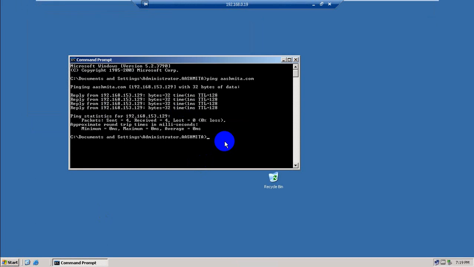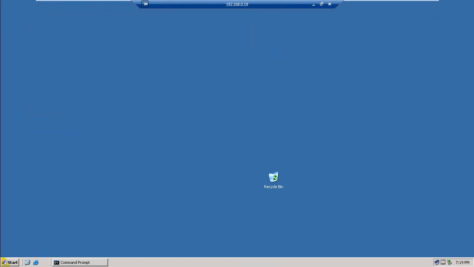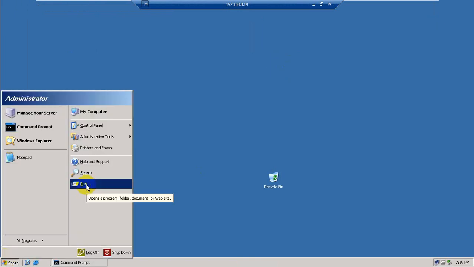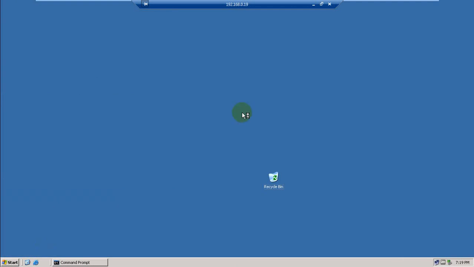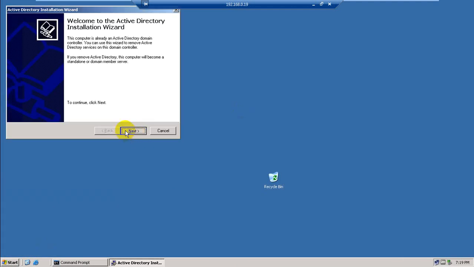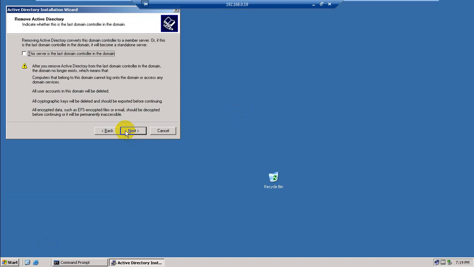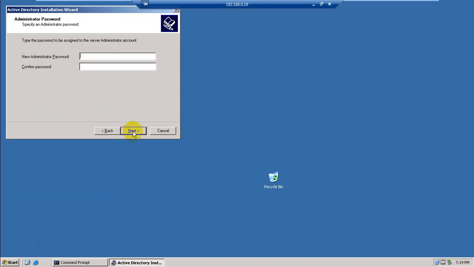What we require to demote is, first thing, the server should be in the domain. We'll do the DC promo, and we must know that this should not be the last server of the domain, meaning it should not be on the root domain. So this is an easy one, and it is asking for a restore password that will be assigned to the administrator